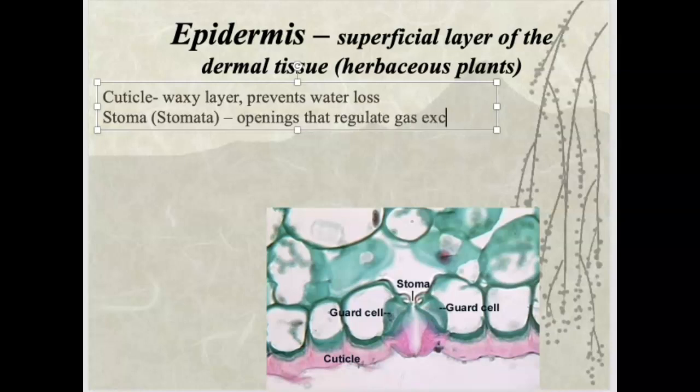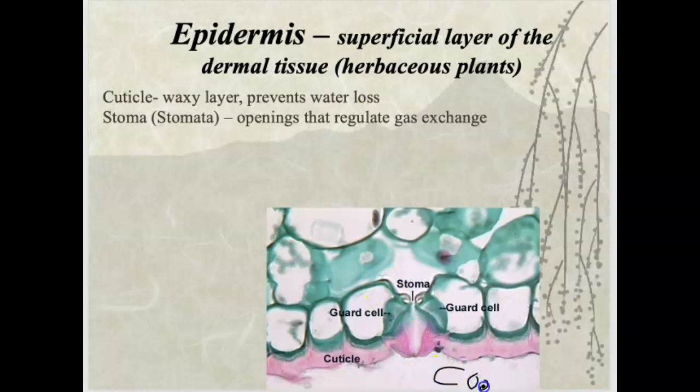that regulate gas exchange. So what will happen is the stomata or stoma will be open during good environmental conditions. Plenty of water, nice general temperatures, carbon dioxide diffuses in, CO2 goes in, and oxygen diffuses out. If we're talking about a leaf,